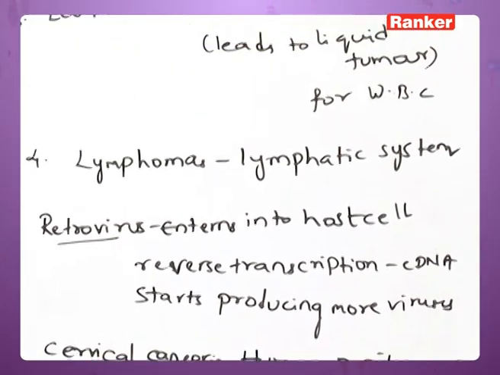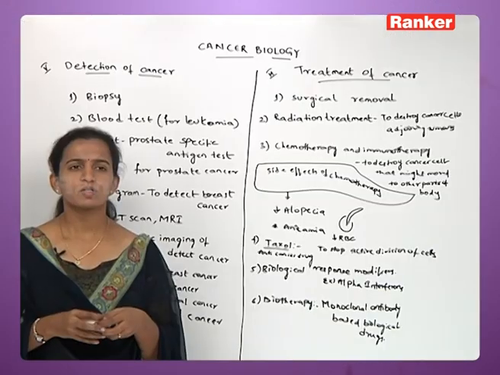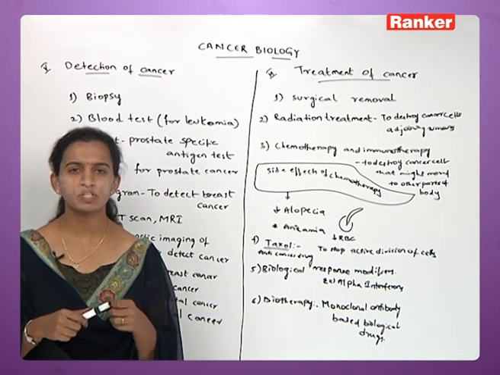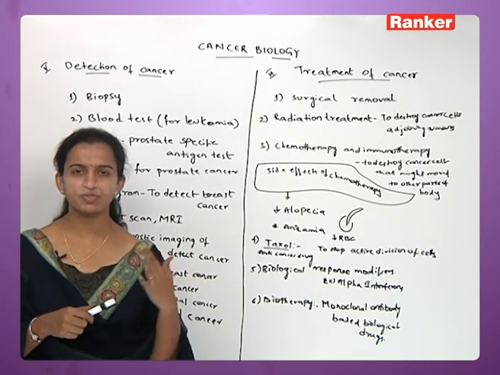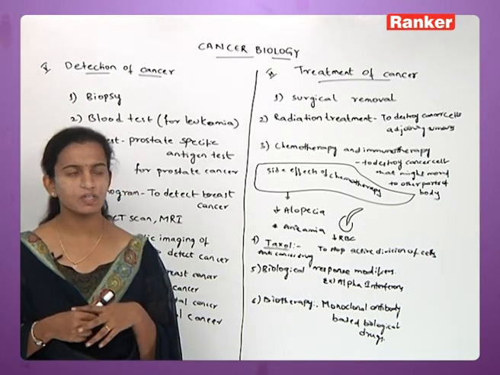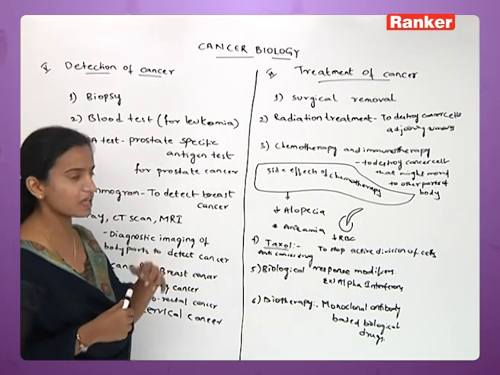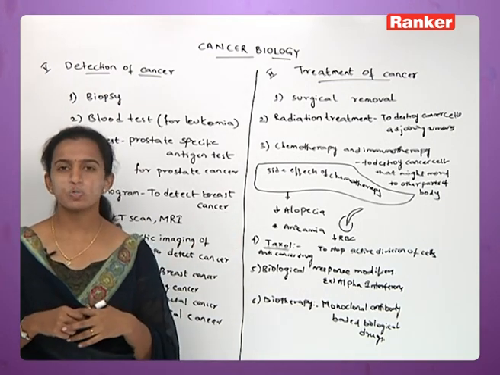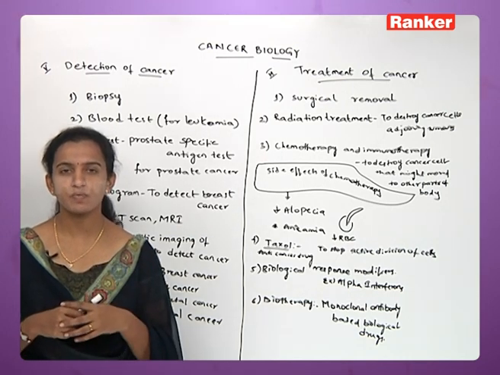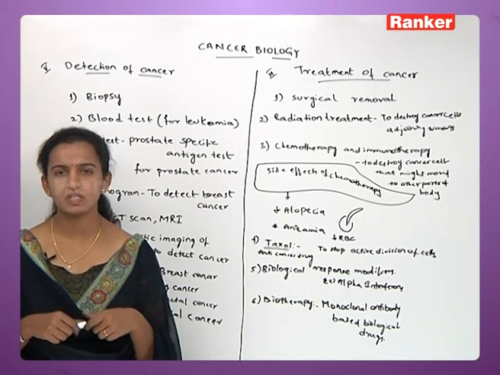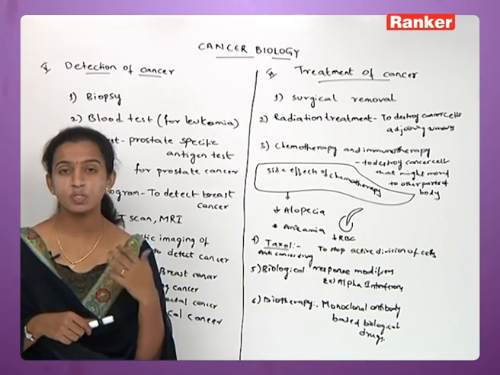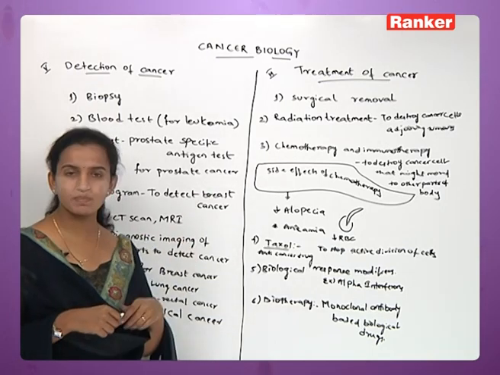So these are the types of cancer, and we have seen what causes cancer. We have seen the introduction to cancer, everything. The last part we are going to deal with here is the detection of cancer and the treatment of cancer. If you are suffering with cancer, it needs to be detected first. So what methods are used for the detection of cancer? After the detection, you need to be treated, and that is the treatment of cancer.